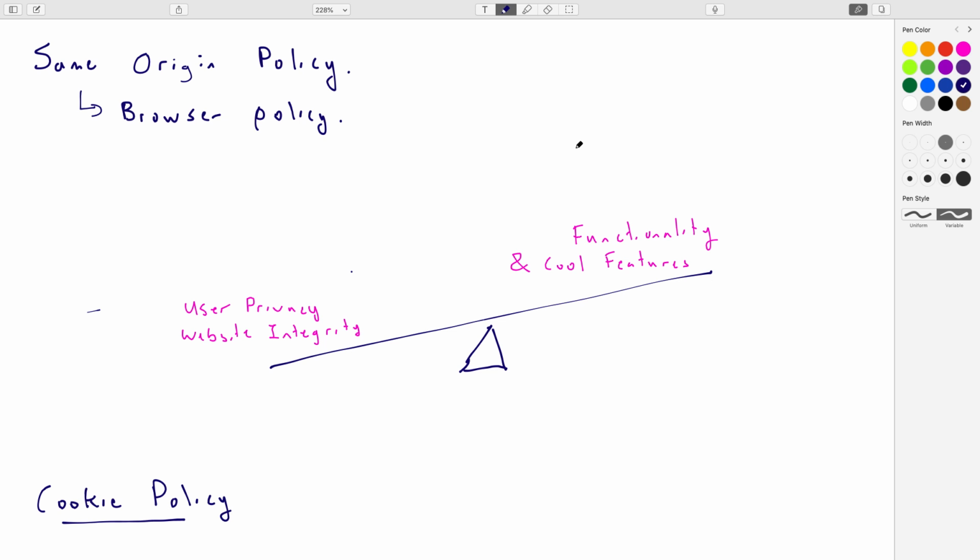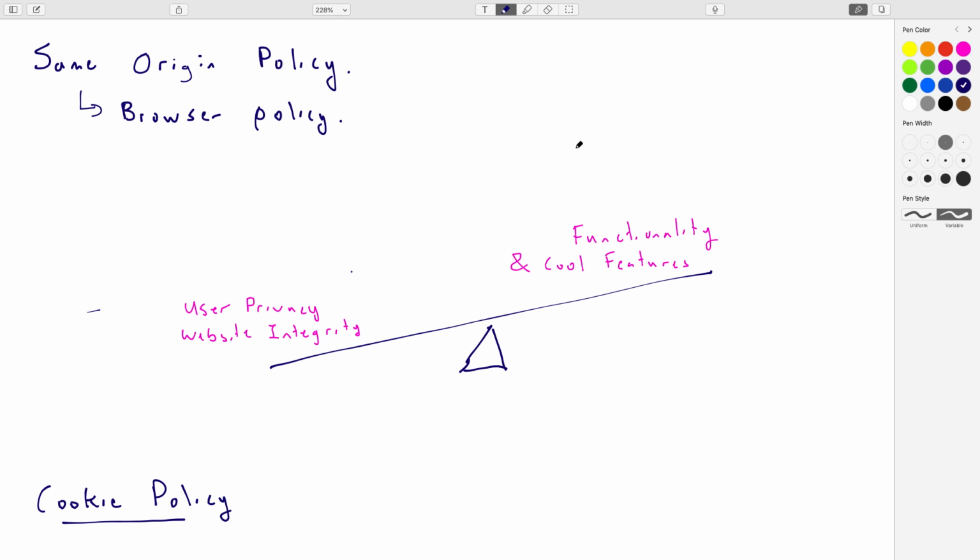Okay, it's basically a trade-off where you could have a very staunch policy where you try and isolate everything. That would be great for privacy. It would be great to know that resources aren't stepping on other resources or changing other resources. But then it just wouldn't be that great of a web. You couldn't do things like mash up different websites together, have like a widget from Facebook on your blog that Facebook is actually filling in, and those kinds of things. So there's a basic trade-off where